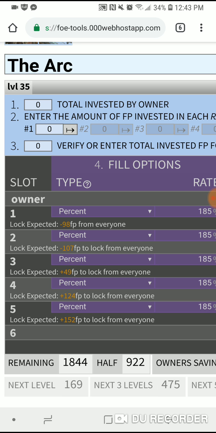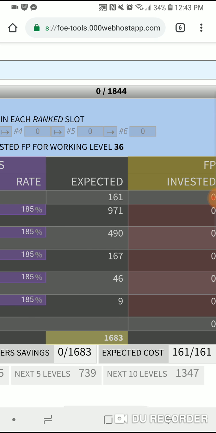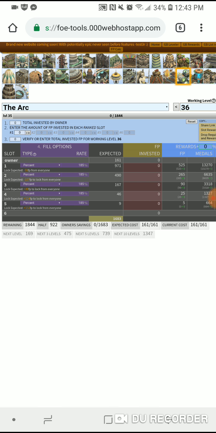So it means that it's already good for someone to take first and second. You don't have to add anything. And for third, fourth, and fifth, you need 49, 124, and 152 forge points to make it lockable. Okay, and these are the numbers, the amount you're expected to get from each spot. Okay, and then once you're up to level